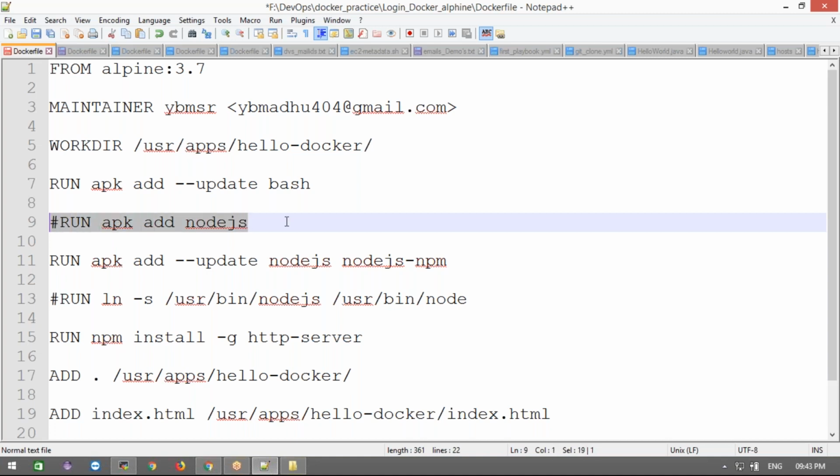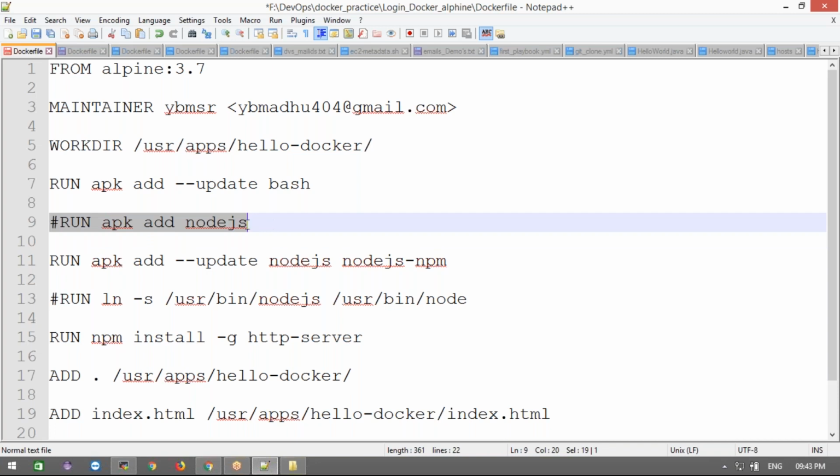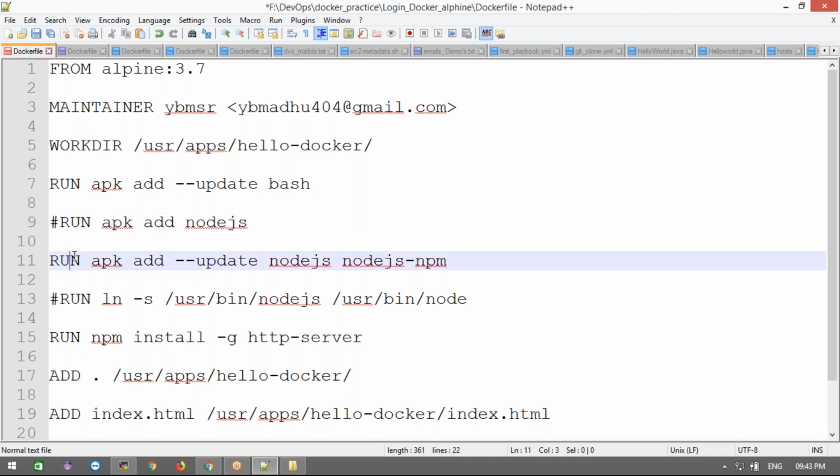Okay, if you want to comment any line in the Dockerfile, we are going to use the hash. Hash for commenting inside a Dockerfile. Remember, very important: when you are building, this line won't be executed. Maybe you want to test something without this line, so you comment it out, like this. Now we need to comment with hash, and then next I'm updating the Node.js and npm.